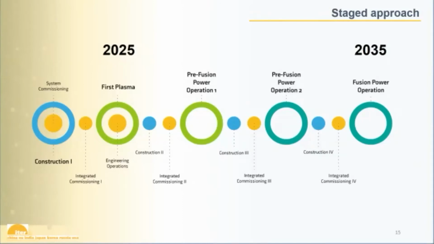Here's our timeline. We are currently about 75% completed. A lot of our support systems are under commissioning already, like the power plant, the switchyard, the magnet power conversion buildings, the cryo plant, the cooling water. They're all in the stage of commissioning. And first plasma here still says 2025. I'm honest with you, it will not be 2025 because